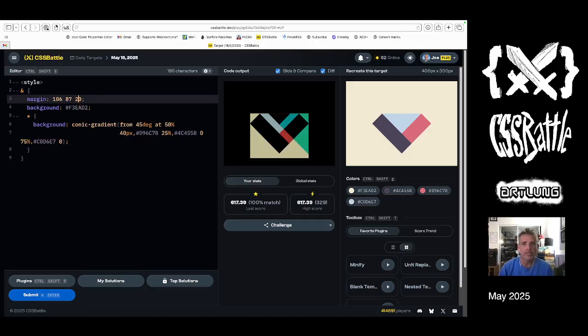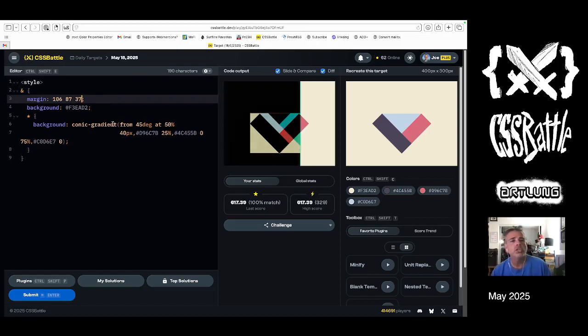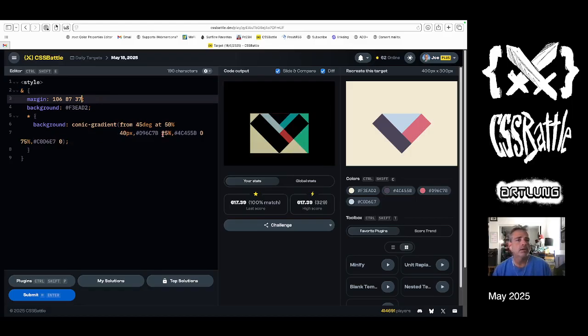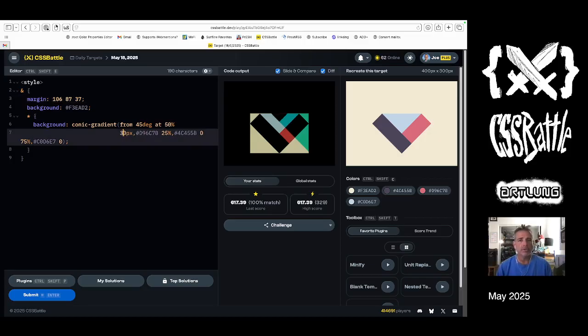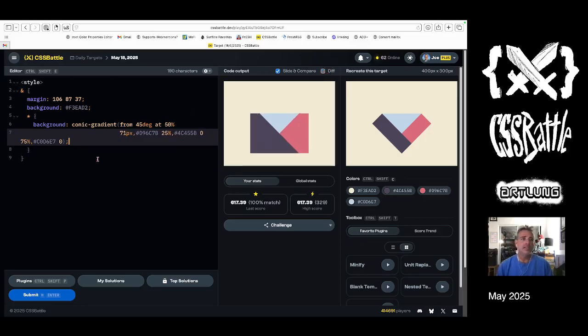Again, we're narrowing 39, 38, 37. Narrowing in this shape. So now I'm going to change the center of that conic gradient. 3, 4, 5, 6, 7, 71. Looks pretty good. And then it's clip path,